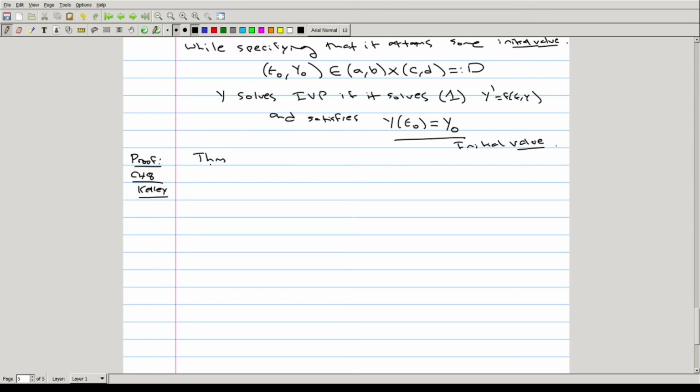So the theorem is that if a function from a domain like is described above to R is continuous, then the IVP with the solution, I should say a solution,